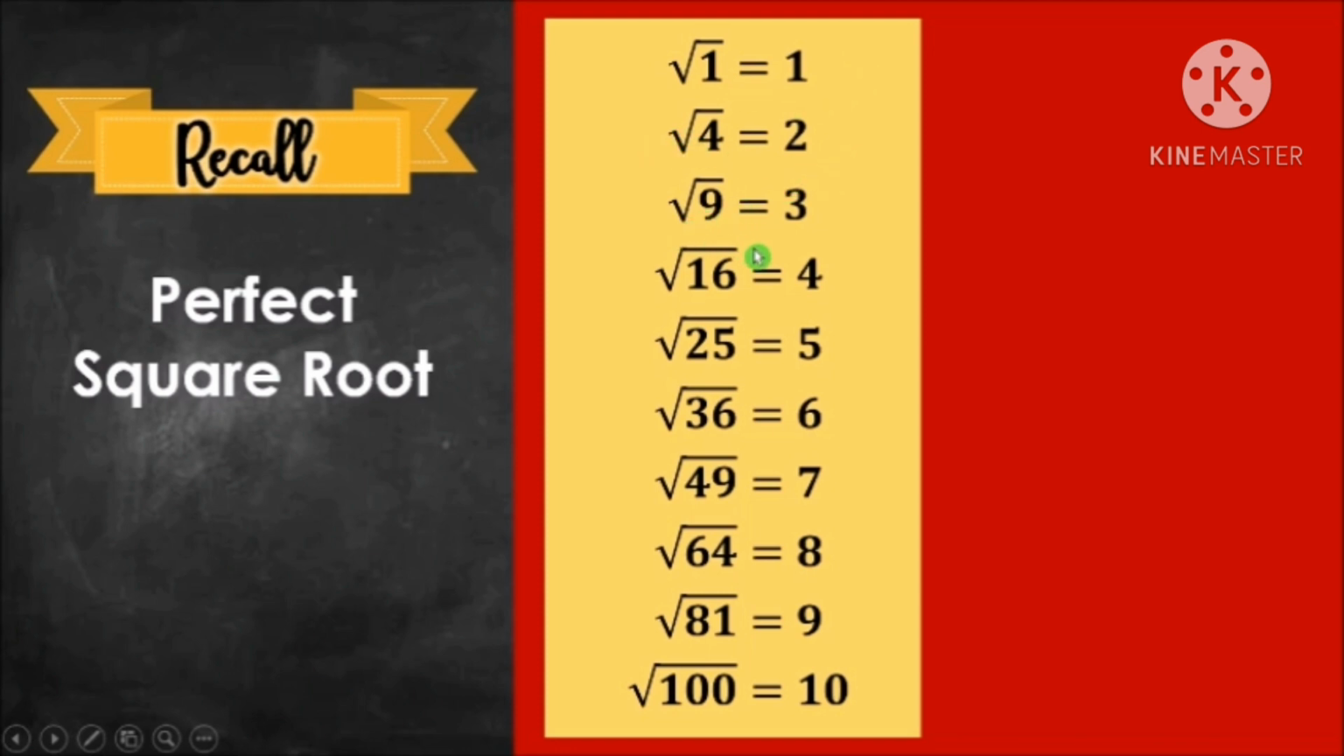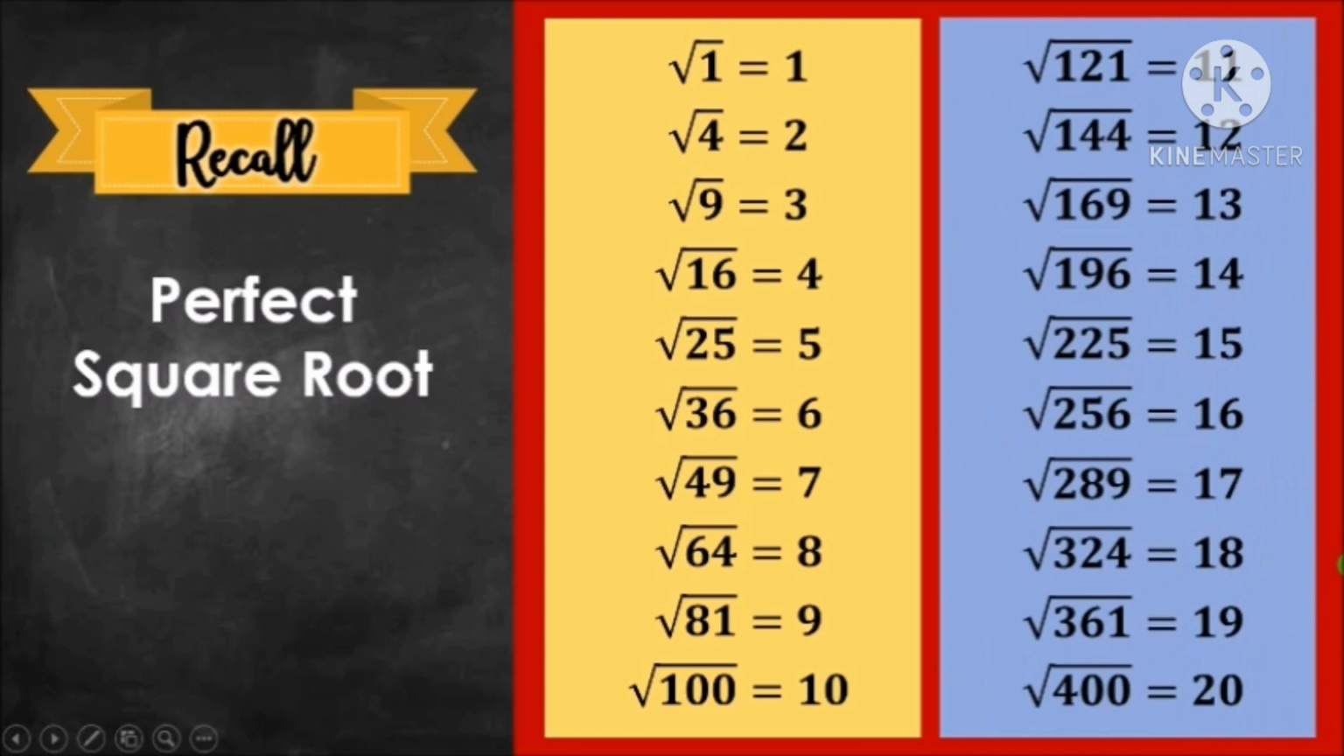Square root of 9 is equal to 3, square root of 16 is equal to 4, square root of 25 is equal to 5, square root of 36 is equal to 6, square root of 49 is equal to 7, square root of 64 is equal to 8, square root of 81 is equal to 9, square root of 100 is equal to 10, followed by square root of 121 is equal to 11, square root of 144 is equal